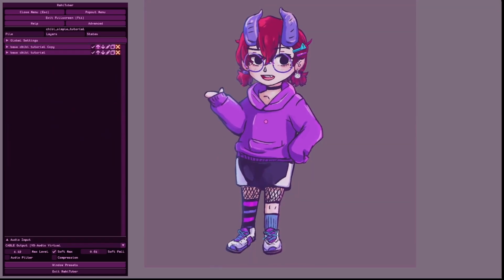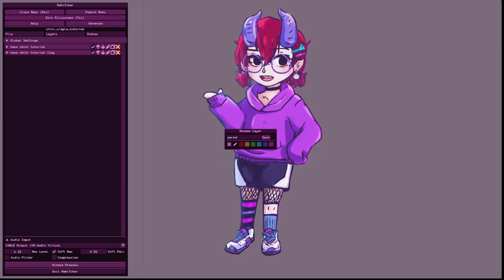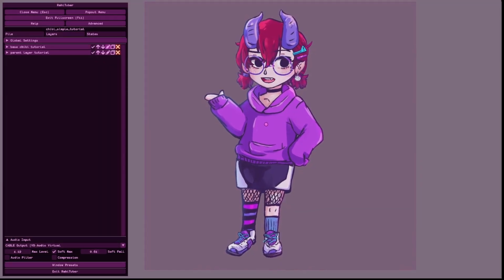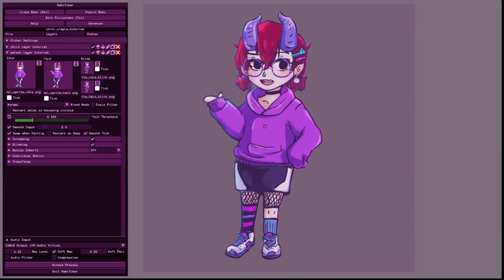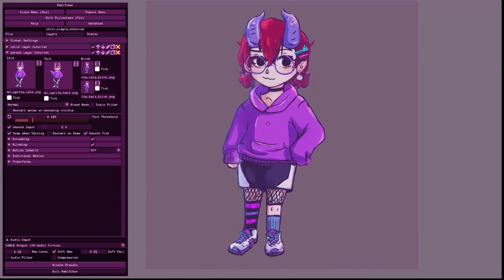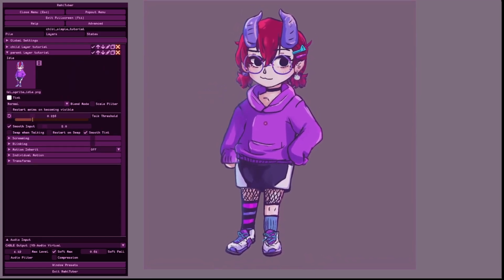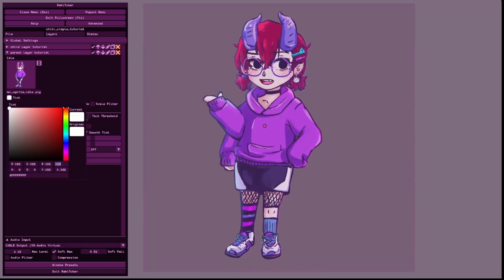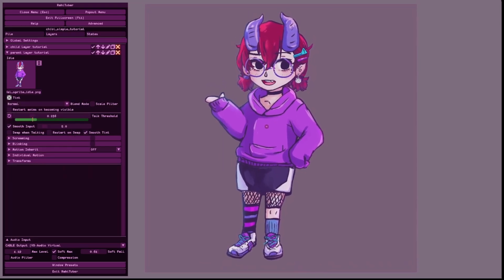Now, this copied layer, the newest one, is going to be the parent layer. Our original layer will be the child. We are going to make that new parent layer invisible. You can do this in several different ways, whatever you want, but what you could do is turn off the swap with talking, scream, and blinking settings if you have them, and then use the tint setting on the remaining sprite to turn the A, which stands for alpha, value down to 0. Alpha is transparency if you haven't done that before.